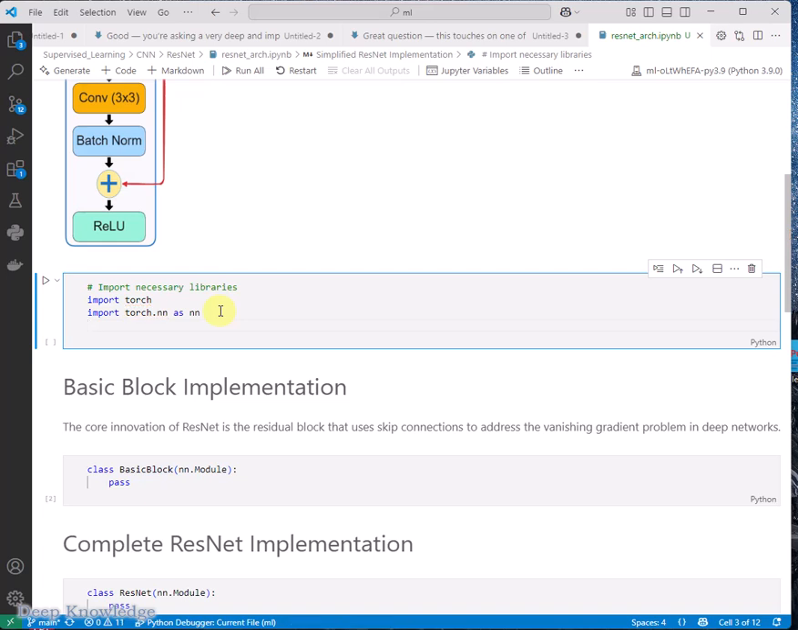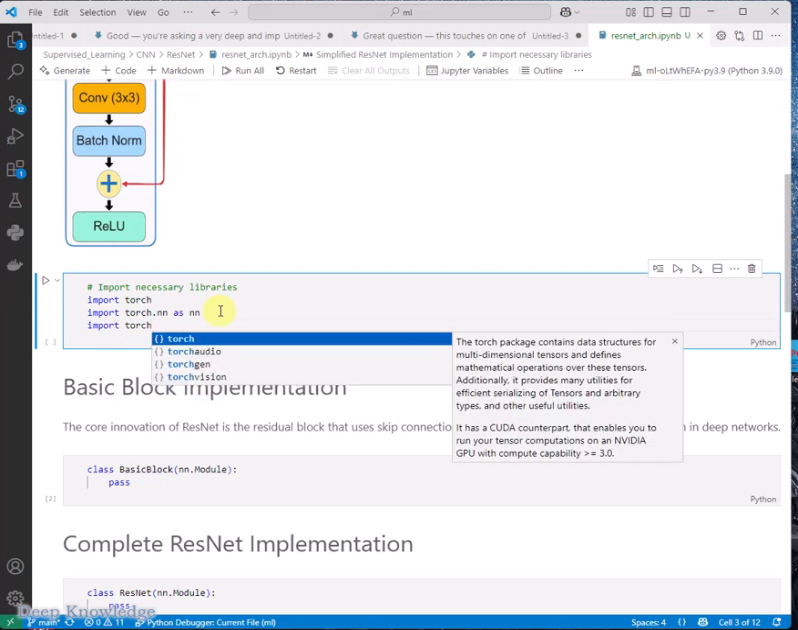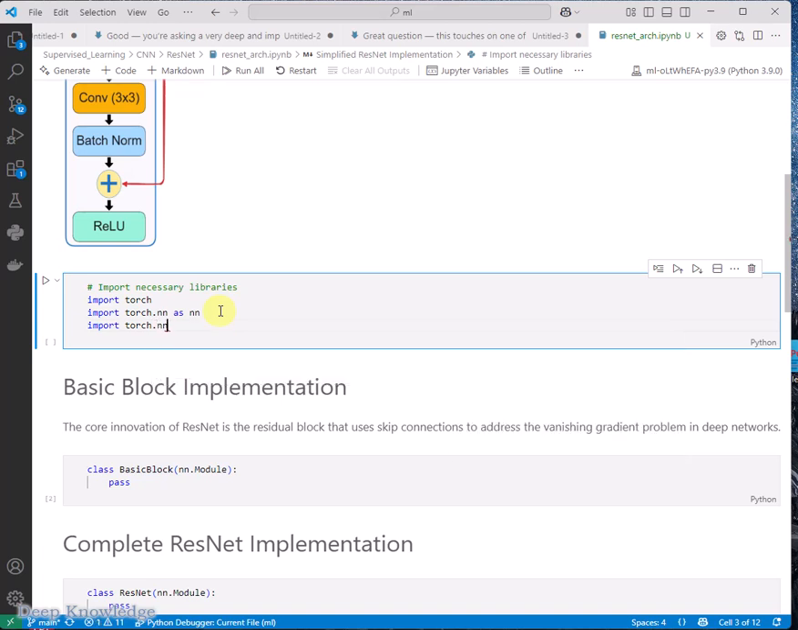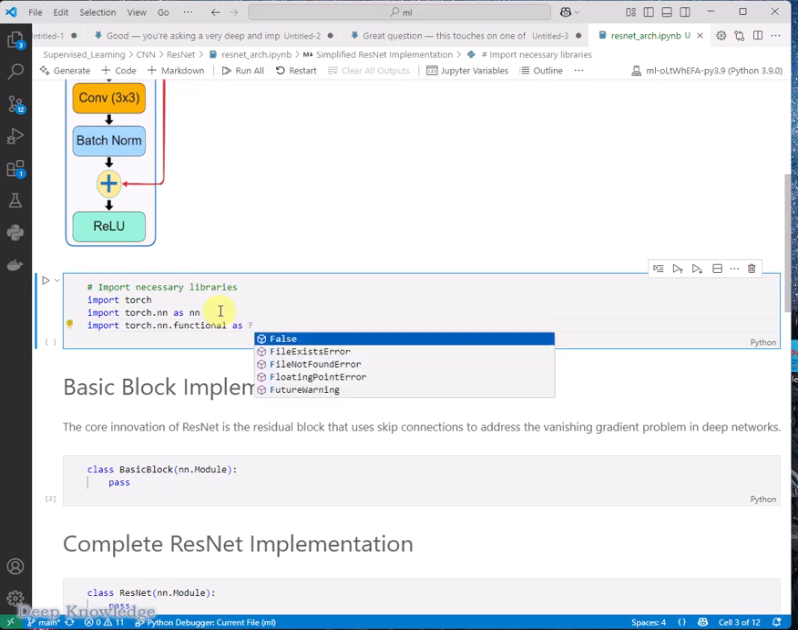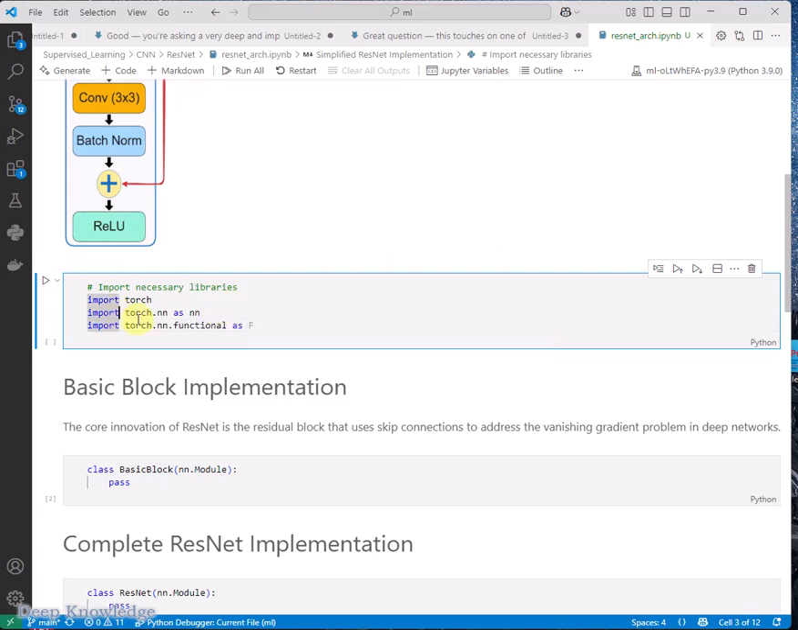If you follow this playlist, you know how to make this environment. Now I need to add torch.nn.functional as F. So these are the most necessary libraries that I will use